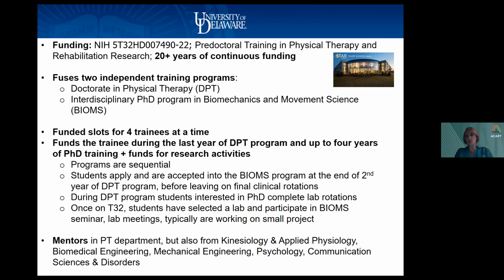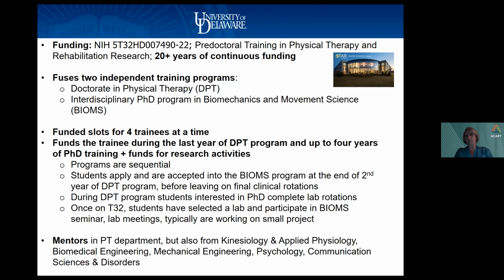I should mention that we have been very fortunate over the years as this program has developed, to have more interest in the DPT to PhD program than we have funding slots on our T32. And so what our department has started to do is we have begun to provide our own funding separate from